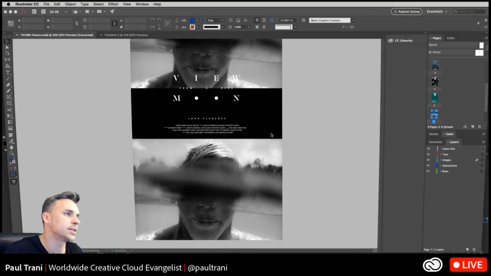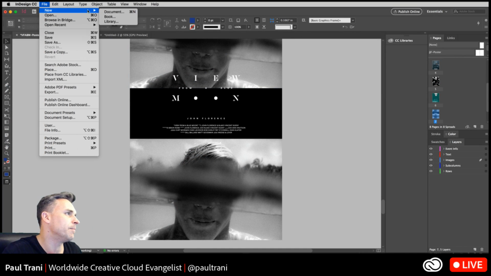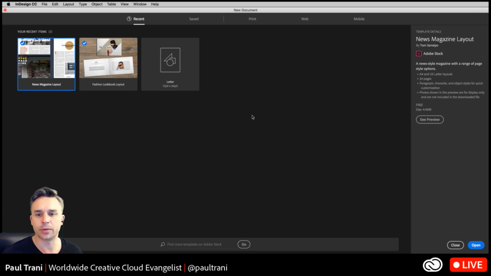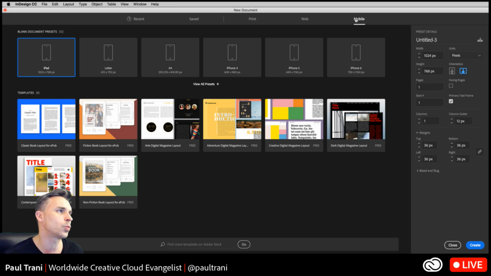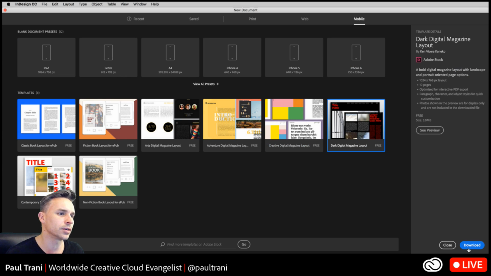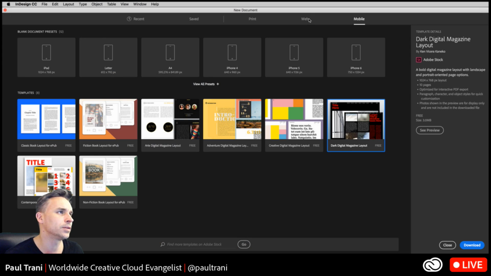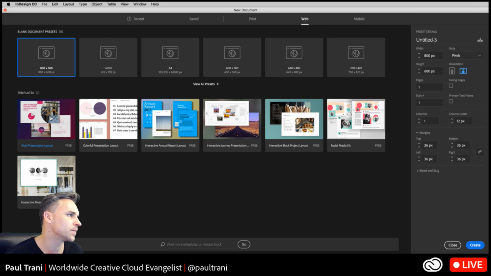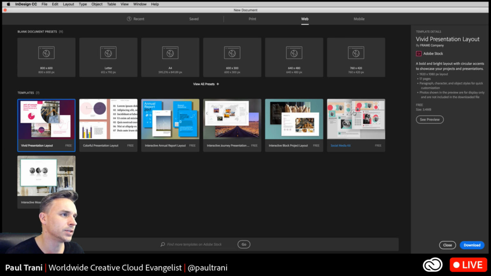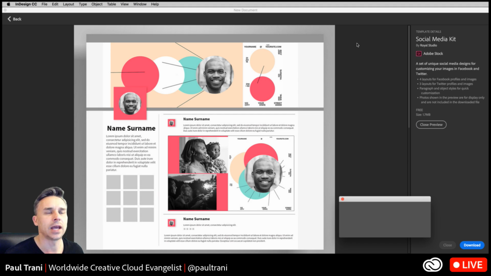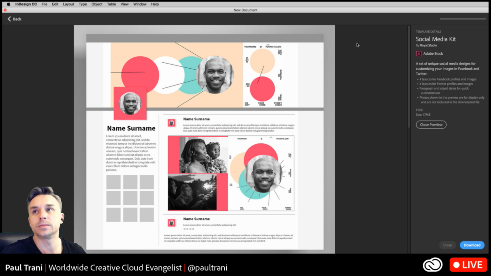Again, real fast, InDesign: just don't forget about the many free templates that you now get in InDesign. Let's not overlook that. We said, here's 44 different files for web, mobile, and print. You want to use it? Sure, let's do it. See a preview. Why do we say web and mobile? Well, I can select a mobile one, for instance. Grab one of these layouts. Let's grab this social media kit. See a preview of it, download it, and then I can actually publish online. So when you see web and mobile, just think of potentially publishing online that way.